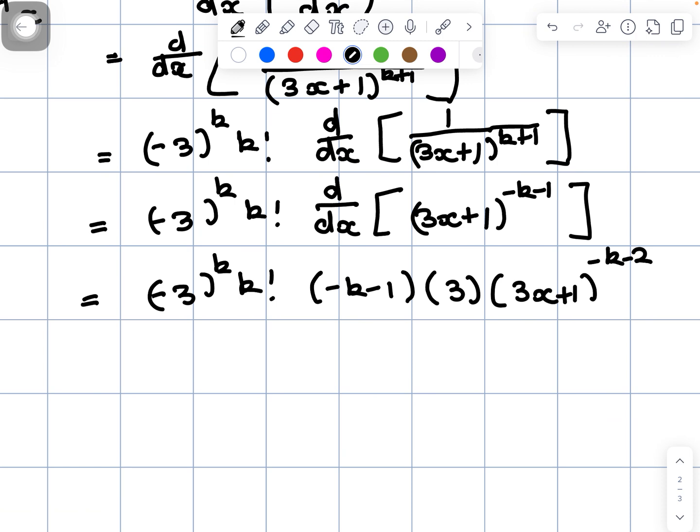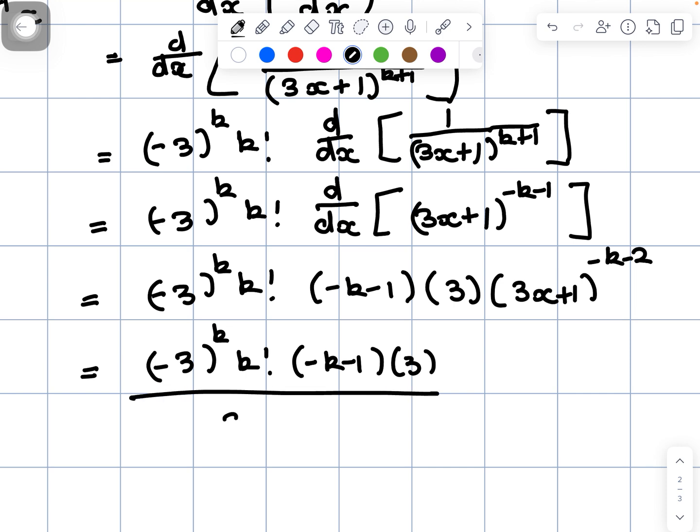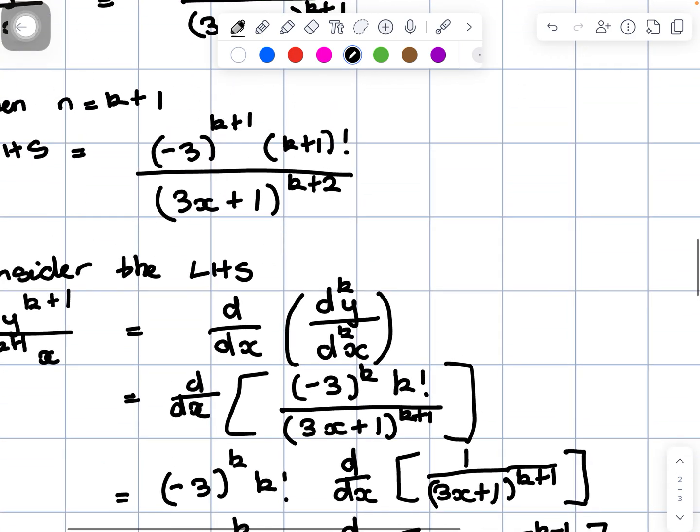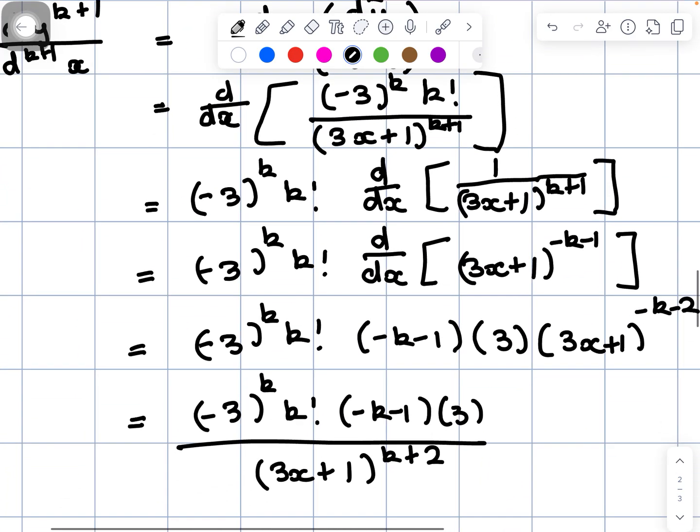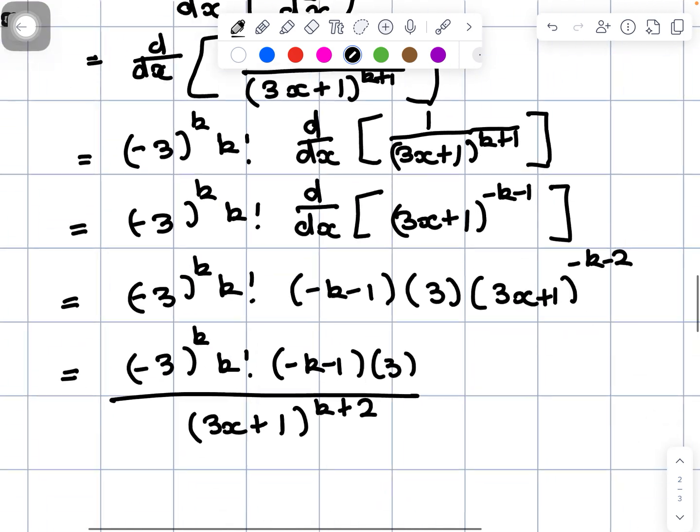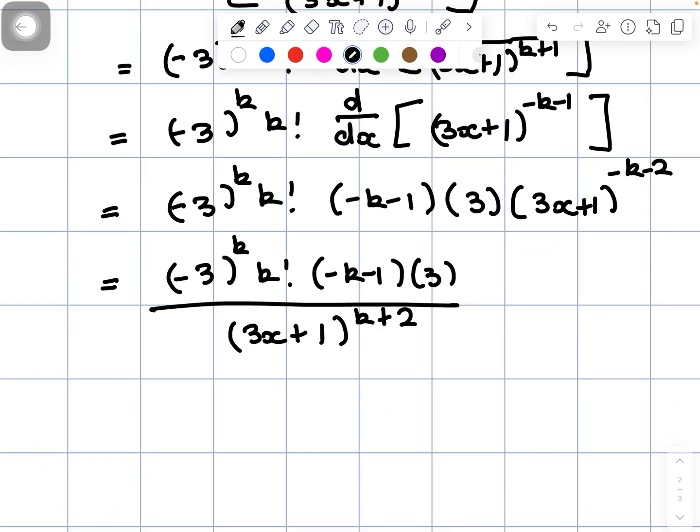So to make our answer neat, let's do it one step at a time. Minus 3 to the power k factorial, minus k minus 1, 3, everything over 3x plus 1 to the power k plus 2. Yes, we're almost there. Because remember, our answer should look like the assumption stage. That's the goal. Right. So next,